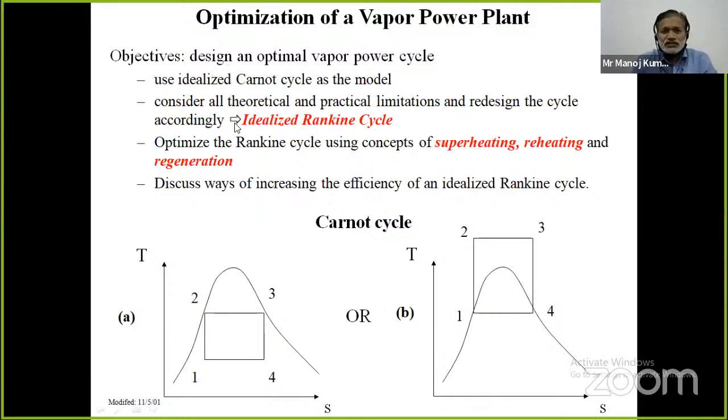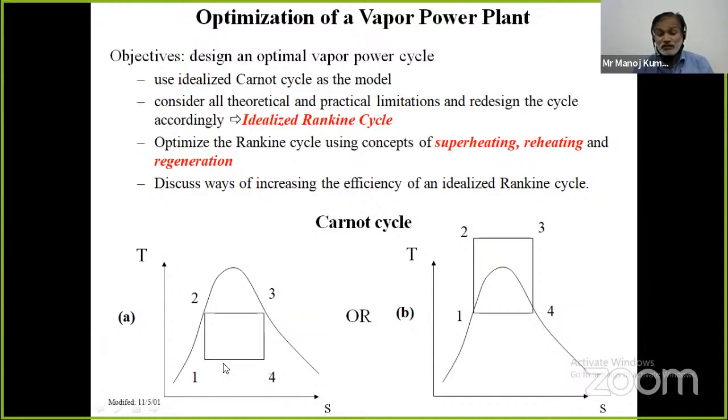Let us discuss the objective. The objective is to design an optimal vapor power cycle. So what is the ideal vapor power cycle? Since the Carnot cycle is an ideal cycle, let us consider two cases: cycle A and cycle B. In cycle A, let us consider that the two reversible isothermal processes, 2-3 and 4-1, are done in heat exchangers, the boiler and the condenser. It seems there is no problem in these two processes, but